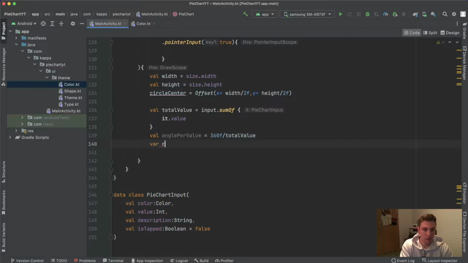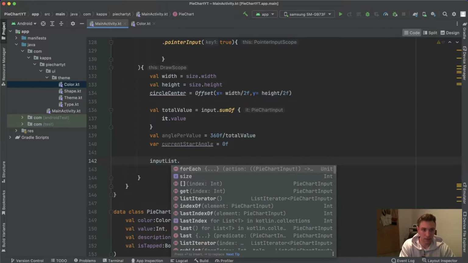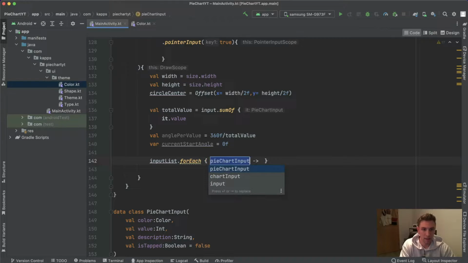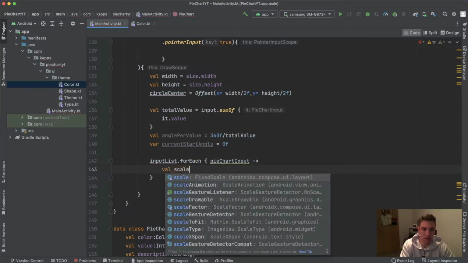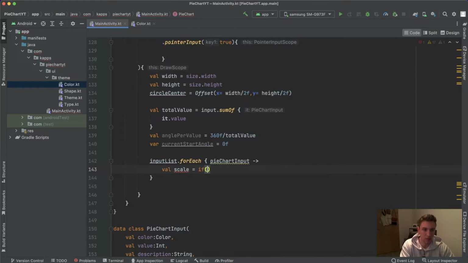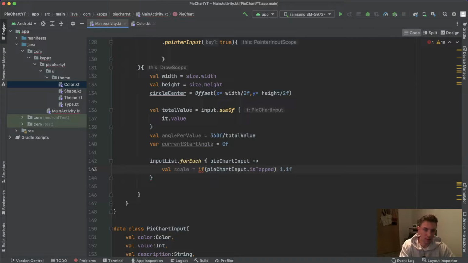Then we also need a variable currentStartAngle, which is of course 0 degrees at the beginning. Then we go over our input list. We can say inputList.forEach, and then we get the pieChartInput in our forEach block here. In here, we first have a look at the isTapped property of our pieChartInput, and depending on that, we will set a different scale, because if the user taps on a pie chart element, then it scales out. So we can say if pieChartInput.isTapped, we set this scale value to 1.1f